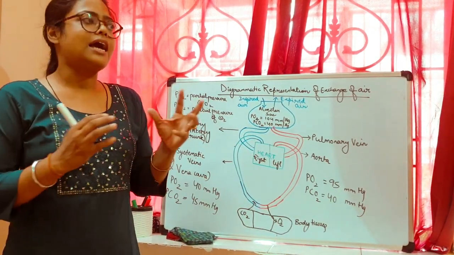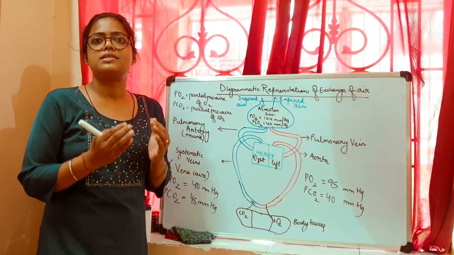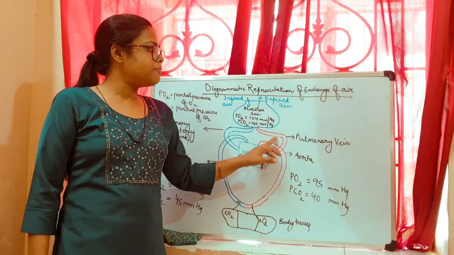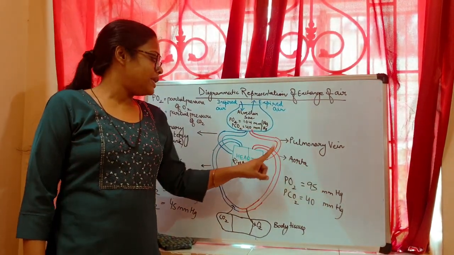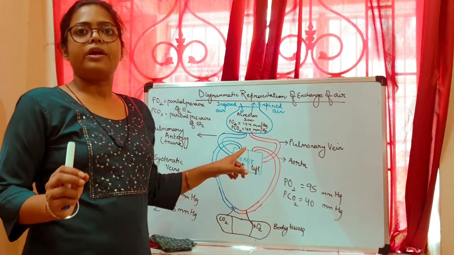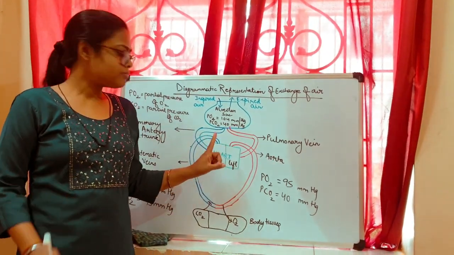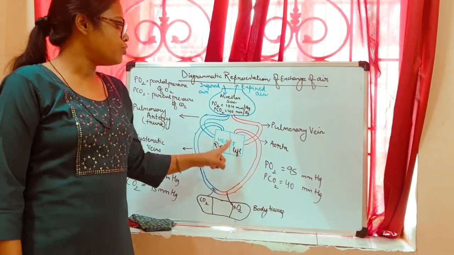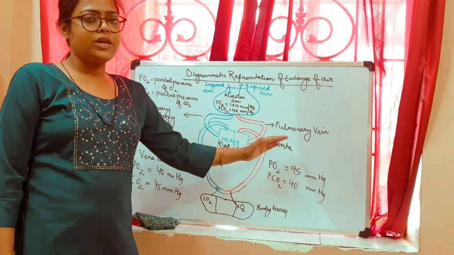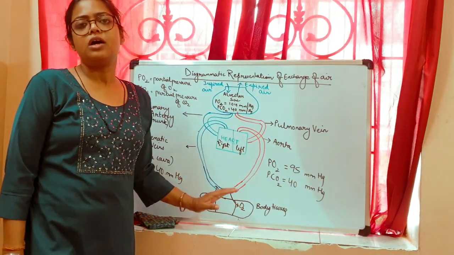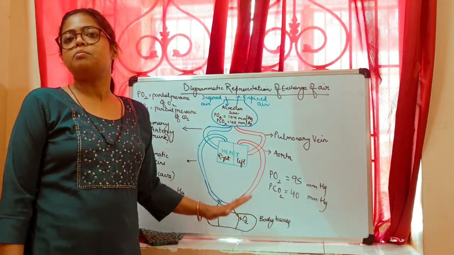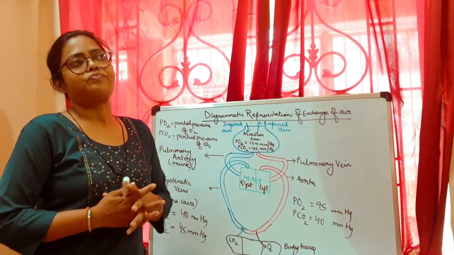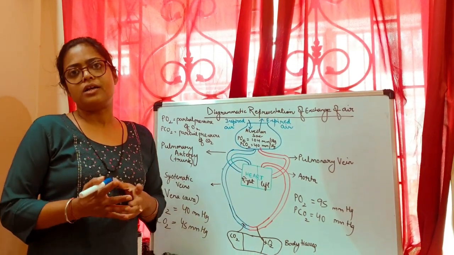Inside the lungs, the carbon dioxide is released out and oxygen mixes with the blood. Now, the oxygenated blood through the pulmonary vein enters into the left auricle of the heart. Then through the left auricle, it enters into the left ventricle. Then through the aorta, the oxygenated blood enters into the body tissues, where the oxygen combines with glucose and oxidation of food occurs to produce energy.